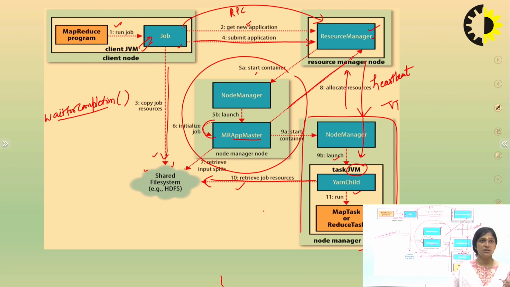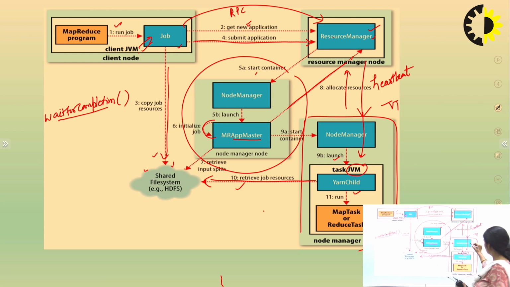After every 3 seconds, the resource manager gets the response from the task tracker about the status of that particular task, whether it is executed or there is any fault or error or something else. Means the status of that particular job is sent by the task tracker to the resource manager.